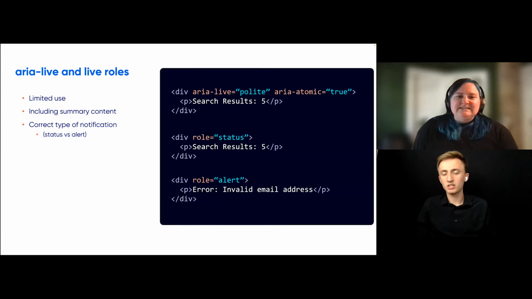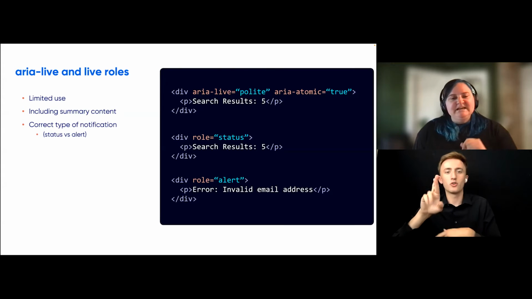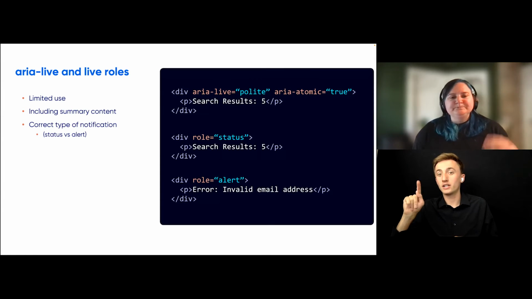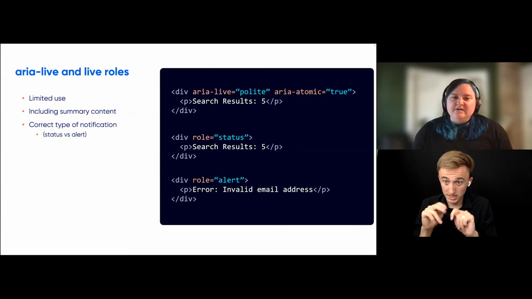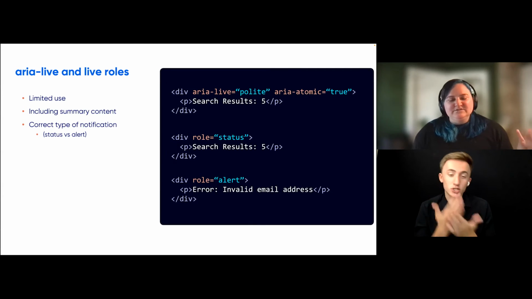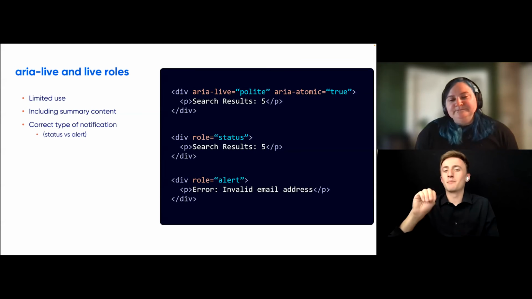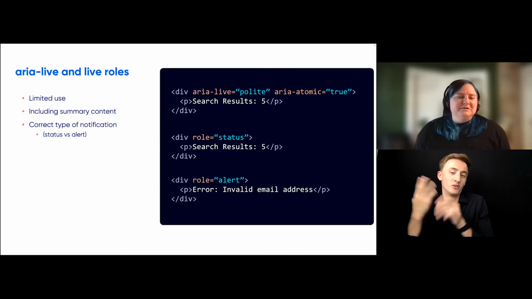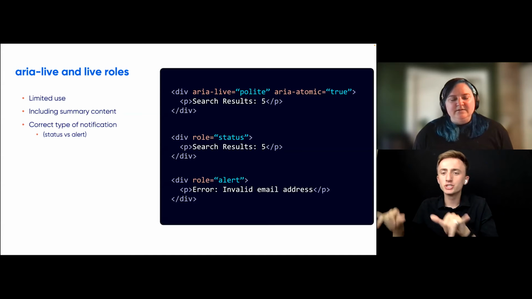You can accomplish the exact same thing with that div. Next example, it's a div with role set to status. Role status combines ARIA Live Polite and ARIA Atomic True together in one convenient role. So again, check for that as well in case that is the way your team is implementing it. I would say also pick one. Pick one unless there's a really good reason why you want to set all the ARIA Live properties manually. The roles are generally easier. They're a little easier to understand what they're doing and the user outcome too. So pick one, stick with that, in my opinion. So again, you might want to check your patterns if you keep kind of like a component library or something.